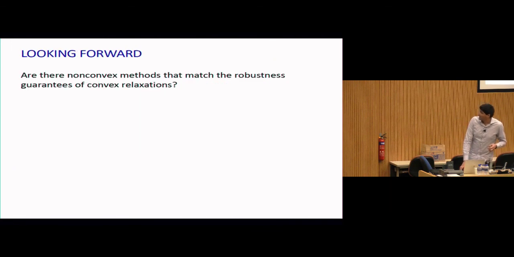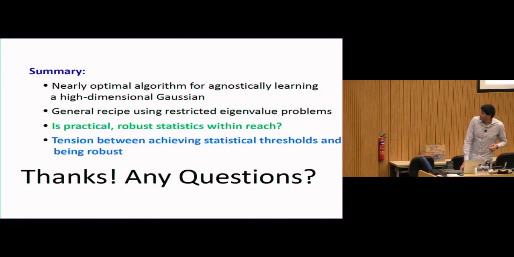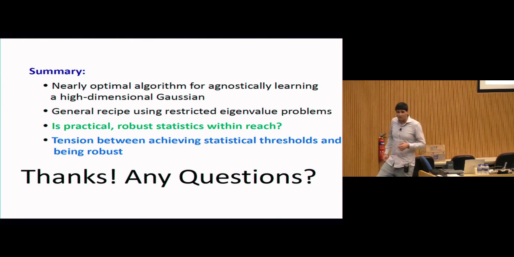So I'll end there and give you a quick summary of the talk. What I hope you got out of this talk was I started off by talking about some of the basic questions in robust statistics about the problem of giving high-dimensional estimators that are both provably robust and computationally efficient. So this was about understanding the facet of robustness where we want algorithms to be provably robust.